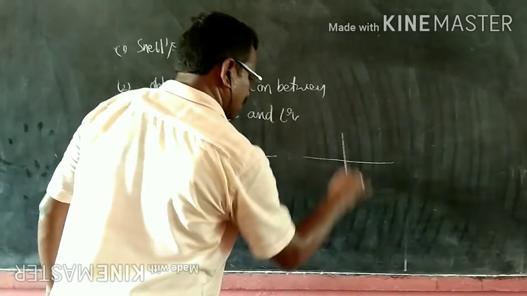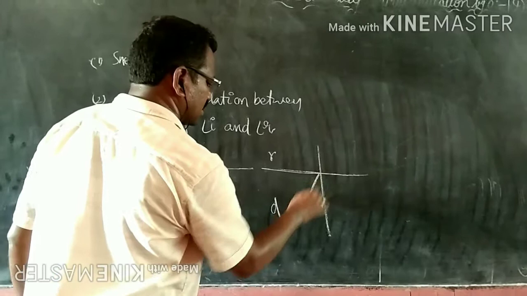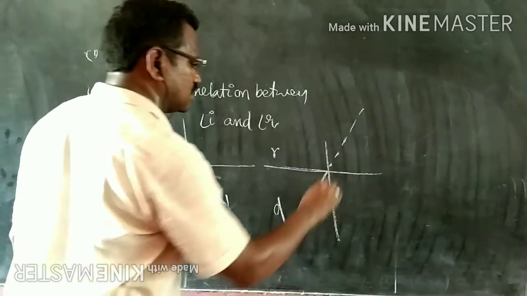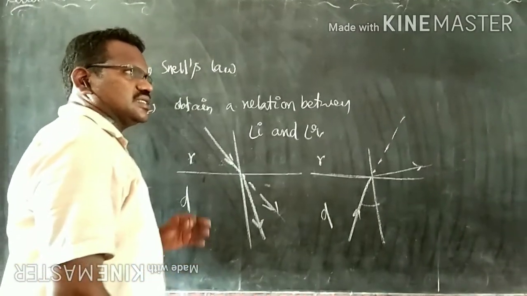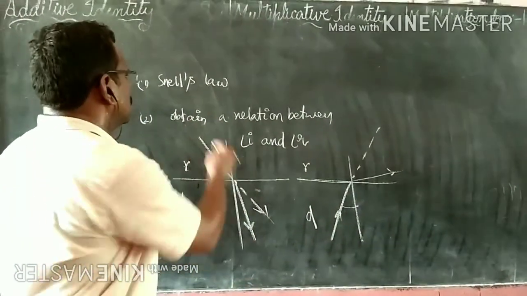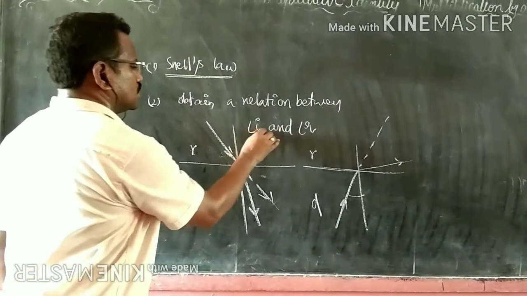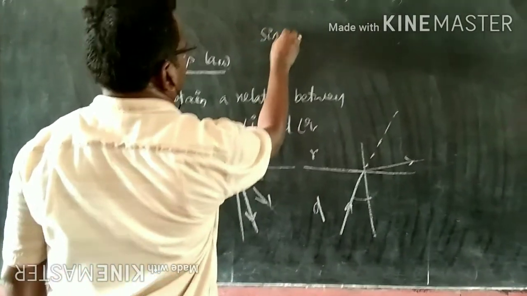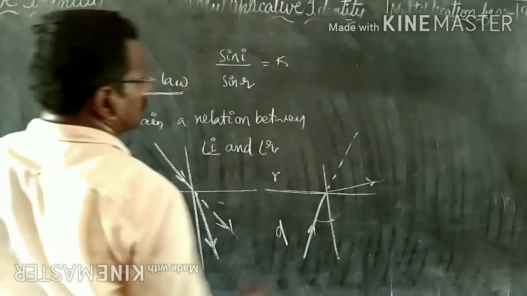If the light ray travels from denser medium to rarer medium at a particular angle of incidence, our estimation would be like that, but it deviates away from the normal. That we already proved and came to know by using the activity. That is nothing but Snell's law. Again we are going to prove the relation, and from Snell's law we come to know sin i by sin r is always a constant.